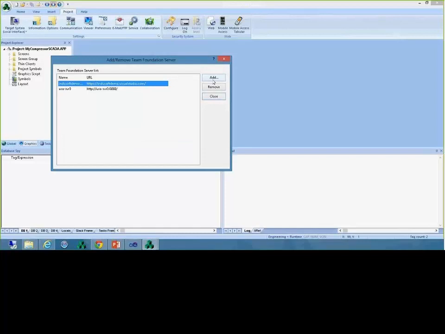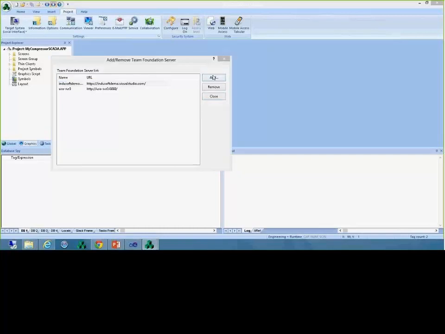If I click on servers, it allows me to add an additional server. I have two servers here, one that I'm using for this demo, the other one I'm using for internal development. I'm just going to click on the Add button so you can know what you have to do when you set up your own cloud or your own Team Foundation Server. So if I click Add,